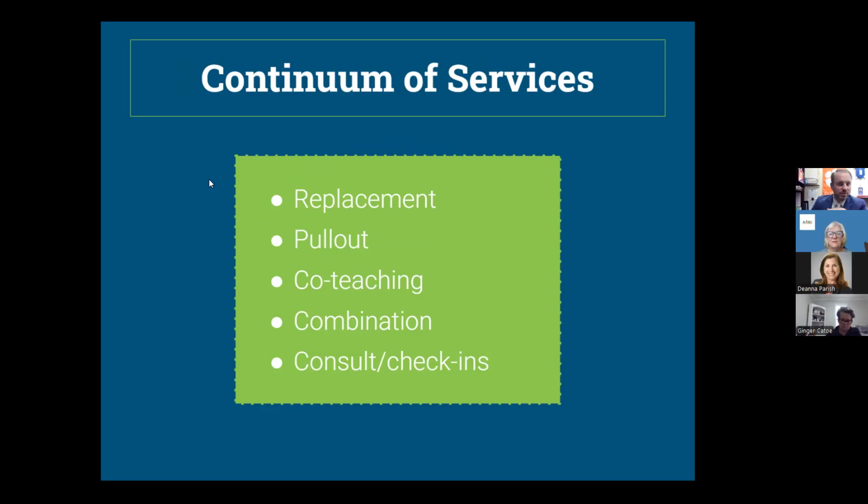So these are the services that we have. We're just looking at the resource pullout model. And then we do have kids who are on consult, and then again we actually have 4 self-contained classes, because we have 2 moderate disability classes and one that I would even consider to be more in the severe range now. But we do have all of those services. We don't have any co-teaching going on at the moment when it comes to our resource kids, but it's something I'm thinking about. But I do like how we have it right now.